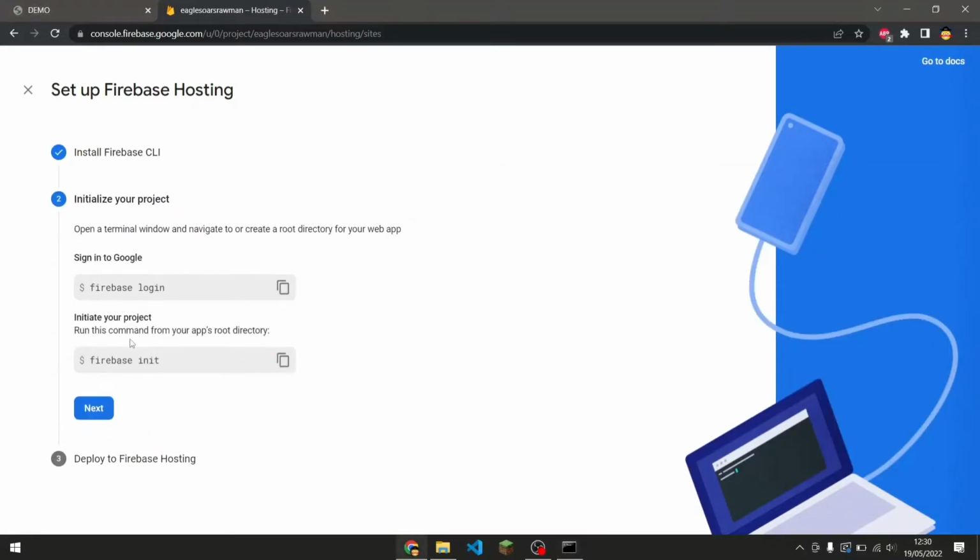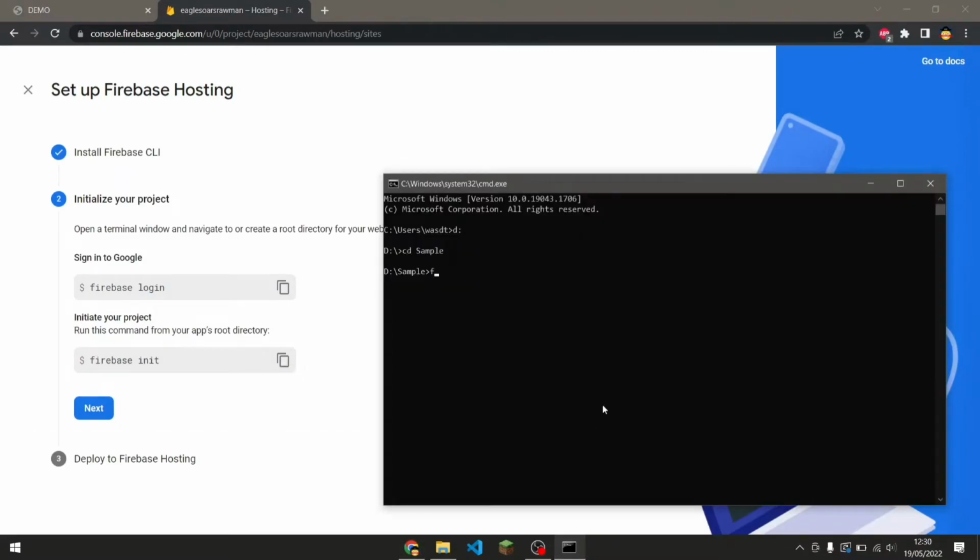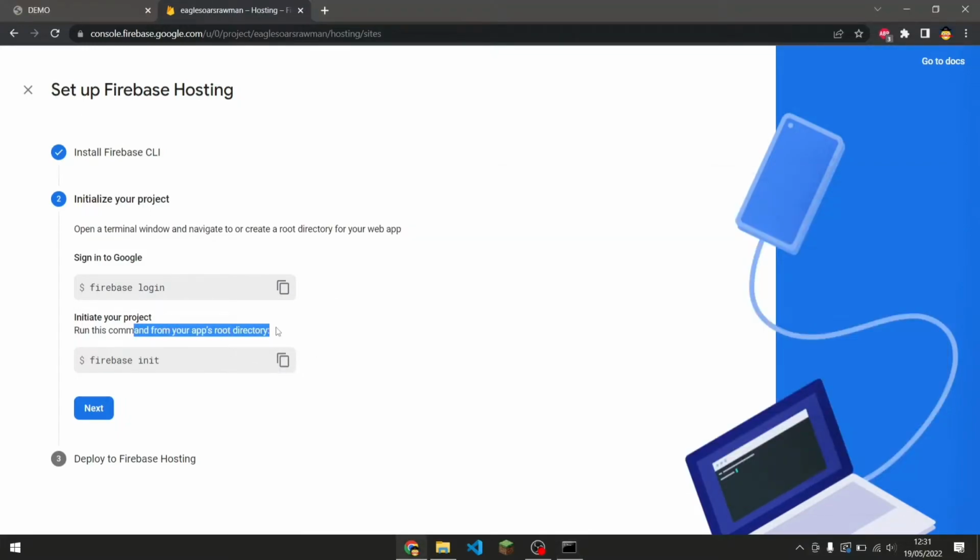And then you need to log in to Google. I am already logged into Firebase, but if you aren't, then just type firebase login and press enter, and it's going to open your browser automatically and ask you which Google account you want to use. You just have to give it the Google account that you initiated this project in, and it's going to log in. I don't really need to log in right now, so I'm just going to press Ctrl+C to stop the process, and let's clear. Okay, now what you have to do is go to your app's root directory and